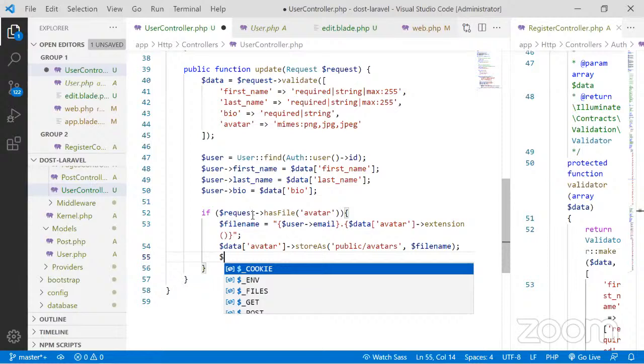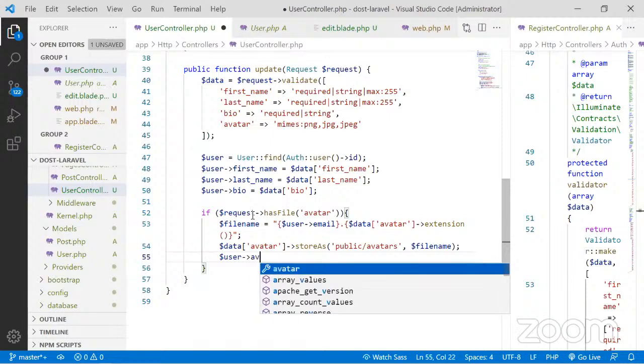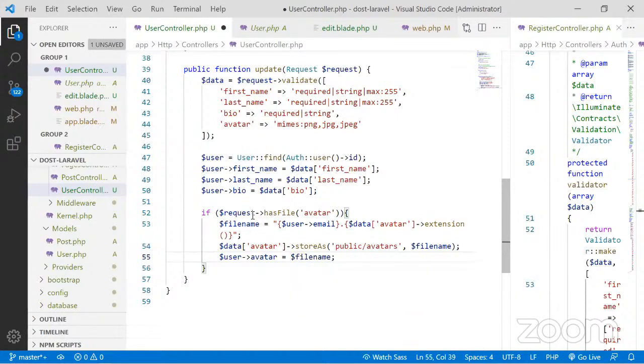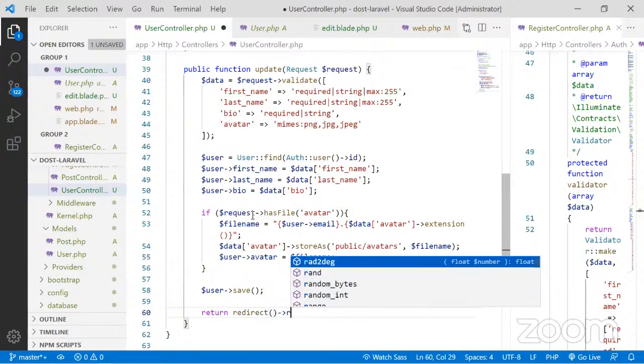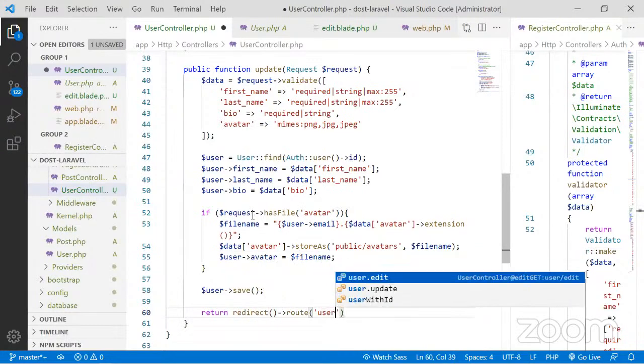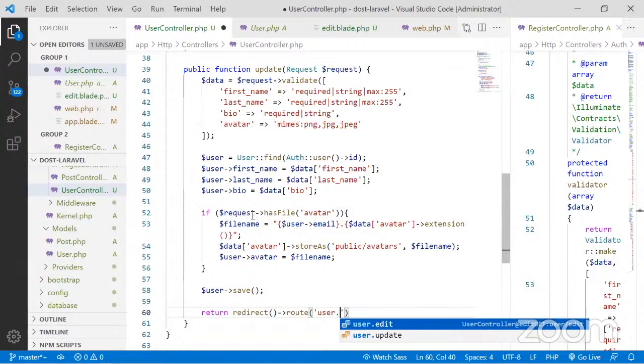Then since we have dated the name of our image, then user avatar is equal to the file name. So let's save the user, then return redirect to the route user dot